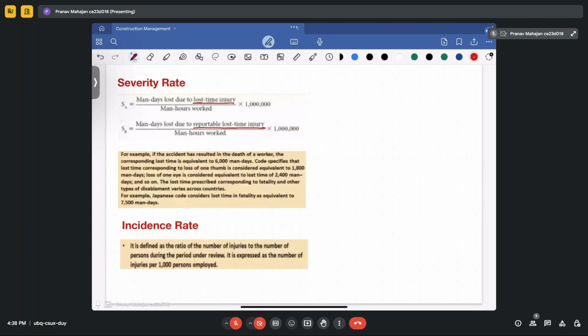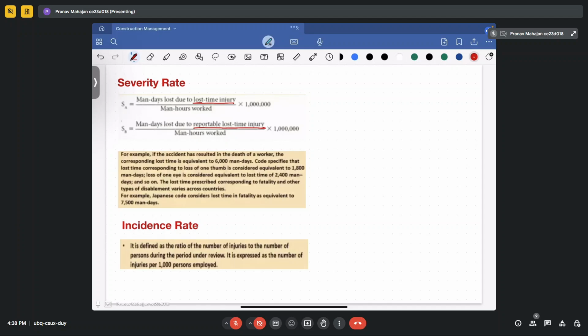The lost time prescribed corresponding to fatality and other types of disablement varies across various countries. For example, in the Japanese code, it is mentioned that the lost time due to the fatality of a person is around 7,500 man days, whereas we have considered it to be 6,000 man days. Okay. Now, what is